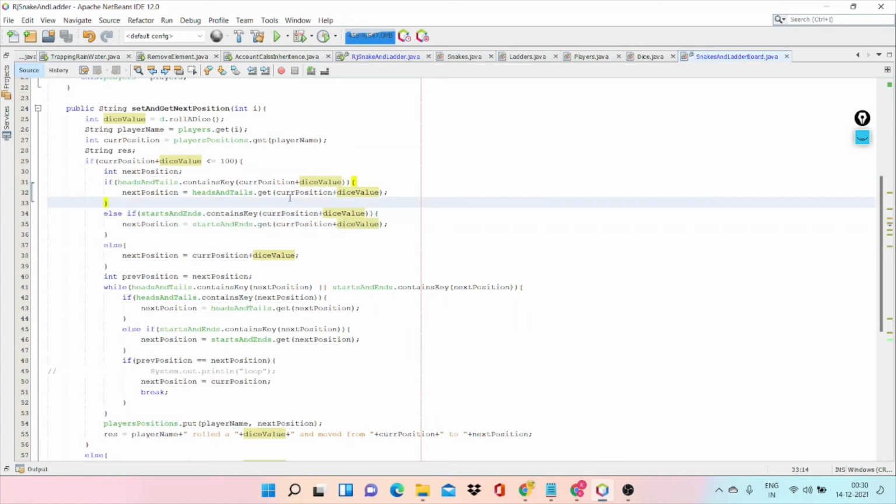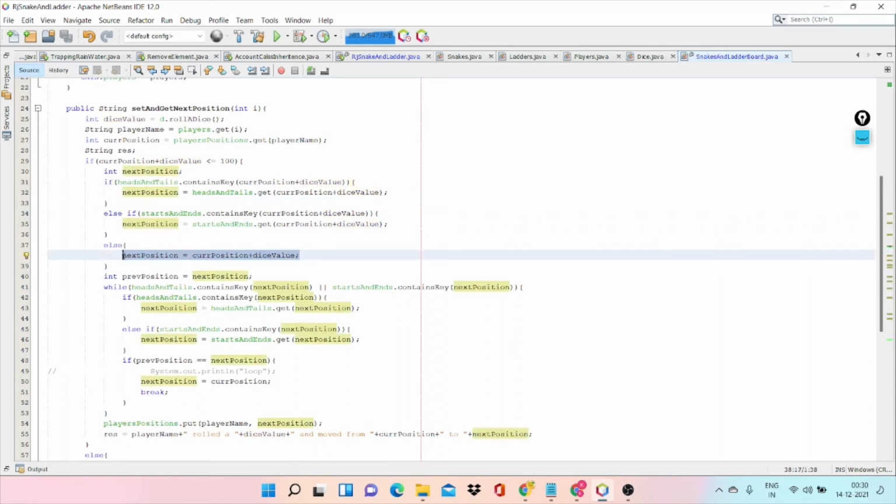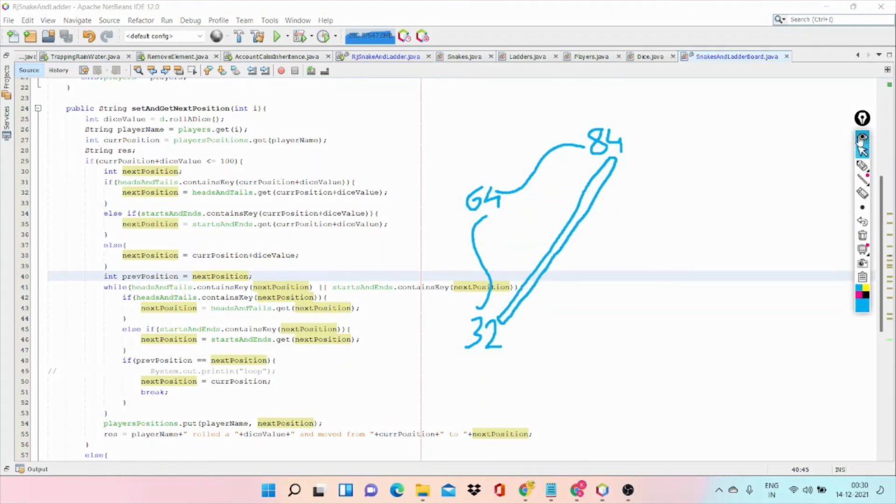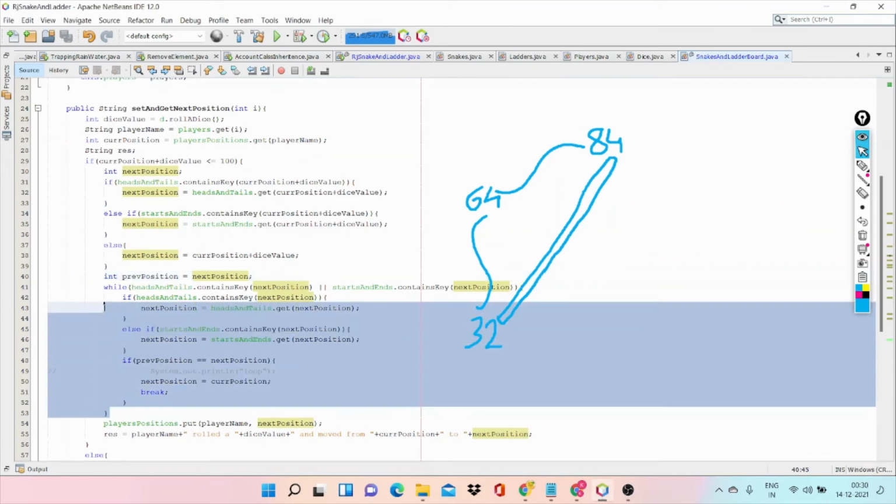If it contains a snake, we need to move the next position to the tail of the snake, and if it contains a ladder, we need to move the next position to the end position of the ladder, else we place the next position itself. And we need to consider this point mainly, as we have already discussed, it leads to an infinite loop. In order to handle this, we write this logic.